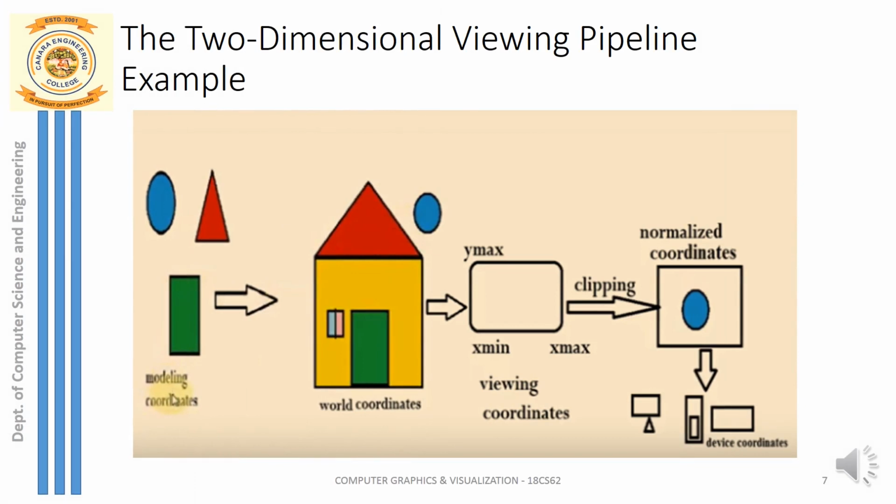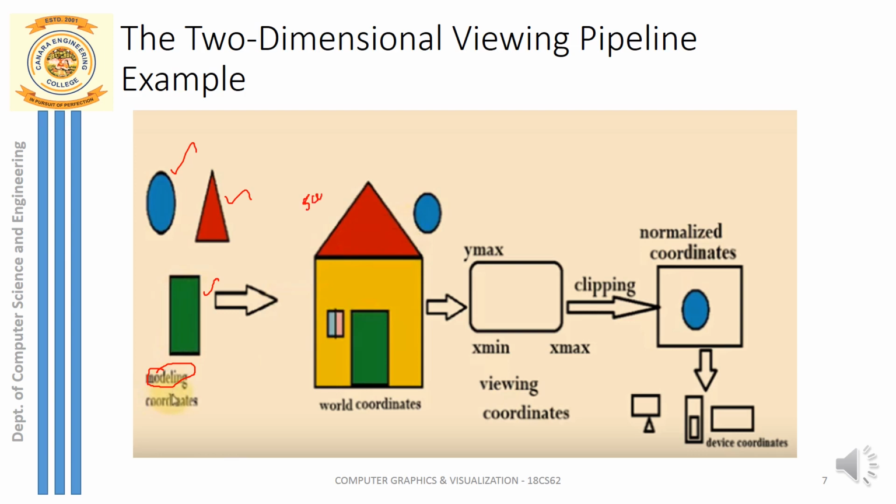As I already said, you can just see this entire procedure with the help of an example. Initially you can see all 2D objects: a circle, a triangle, a rectangle. All these are different 2D objects. Every object has got its own coordinate system. You call that the object coordinate system, or the other word for that is the modeling coordinate system. Now all these objects you constitute into a scene. I call that a 2D scene.